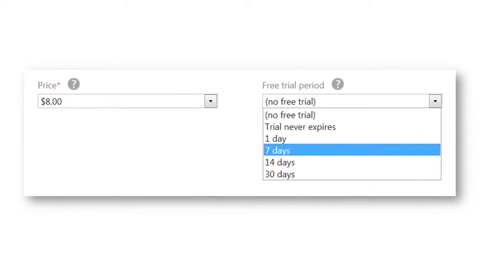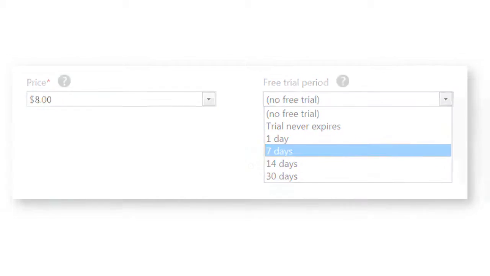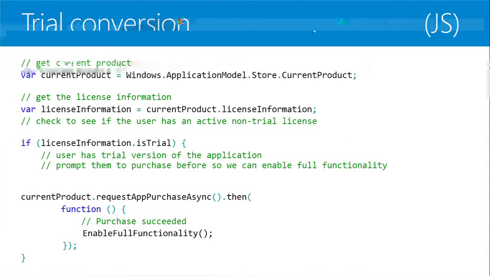We have seen that with Windows Phone, using a trial mode for your app makes it 70 times more downloaded, and on average 10 times more purchased than if you don't make a trial mode. It's up to you to decide what the differences are for trial and paid apps. For example, you could limit your trial by feature or by time. In your code, you can check the license information is trial property, and then listen for the license information license